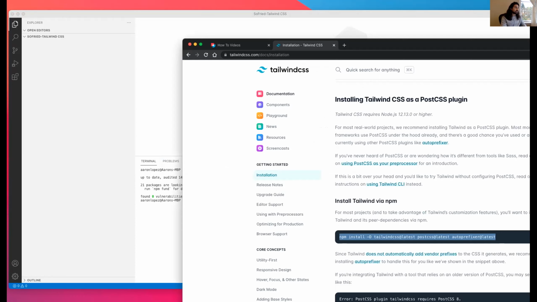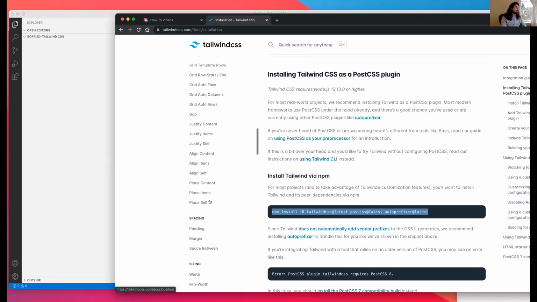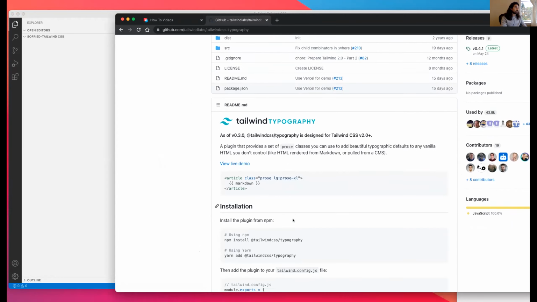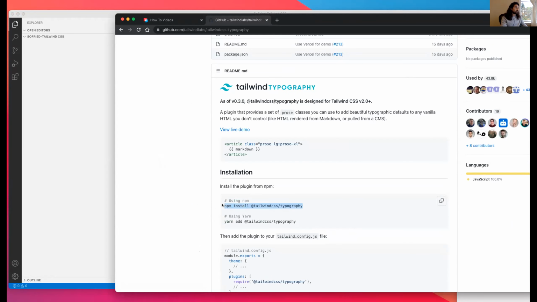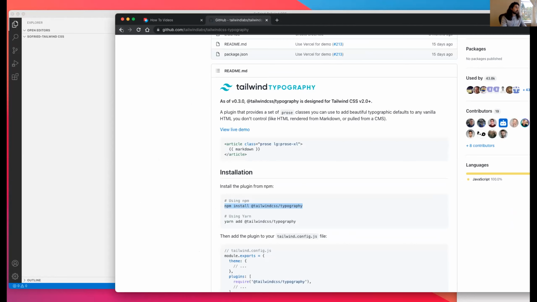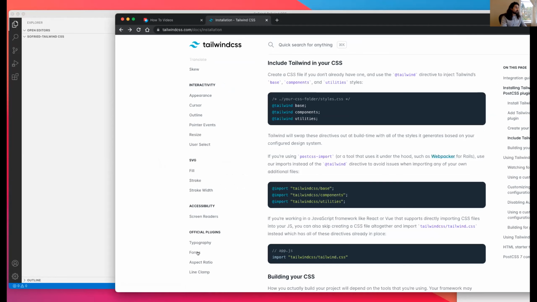And then I always install a couple of plugins. So I install the typography plugin, which looks like this. And then there's also a plugin for forms.